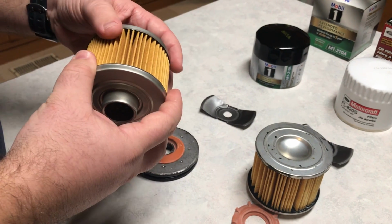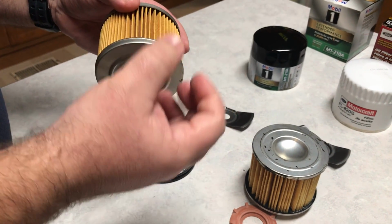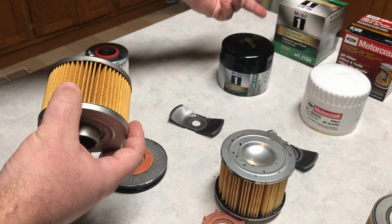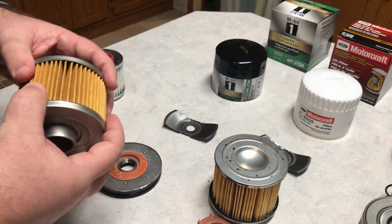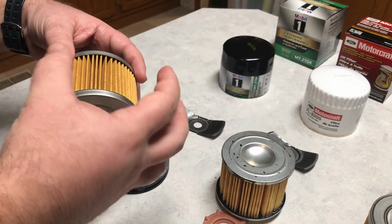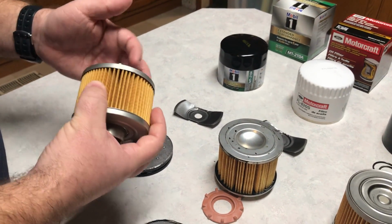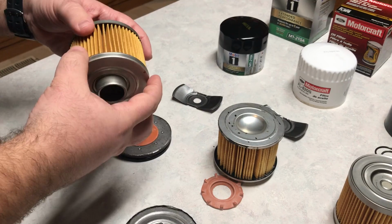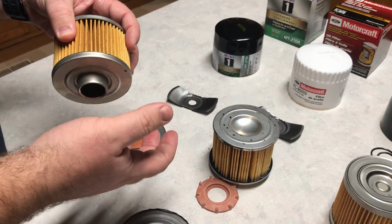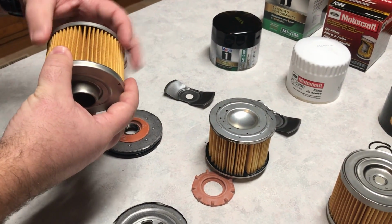One thing I ran across is that they lowered the filter efficiency on the filtering side, so instead of 15,000 miles, they could get you 20,000. The logic behind that is if it filters better in that longer time span, it could clog up, and then you go into bypass and your filter is not worth a hoot if it's not filtering very well. Well, with lowering the filter efficiencies, you can keep it in service longer without that filter